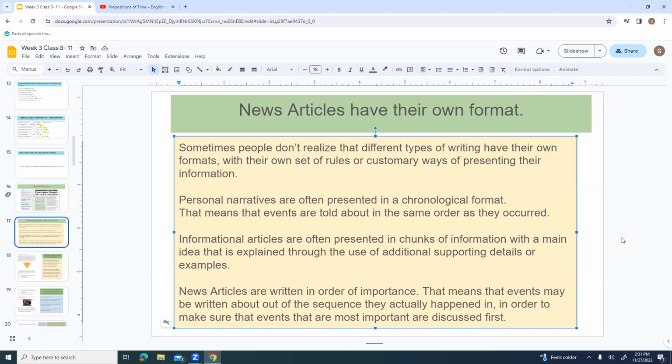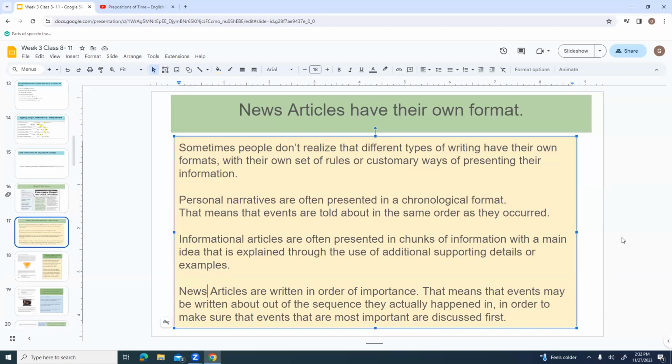So that's why you put the least important information at the bottom, because that way the editor knows, well, I need another inch of space. I'm going to cut these couple of sentences to make room. And that way they can always ensure that the main point of the story still gets across.